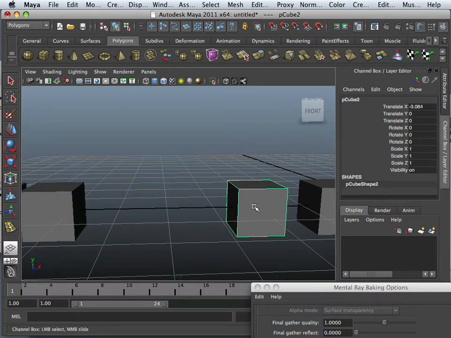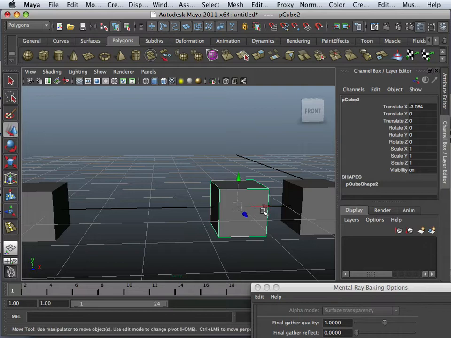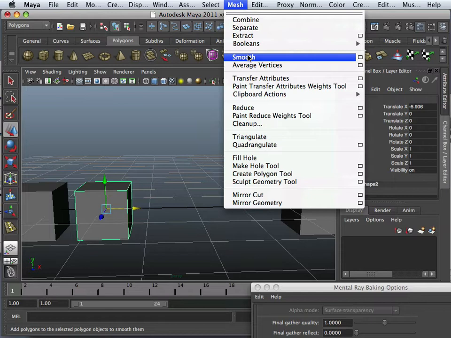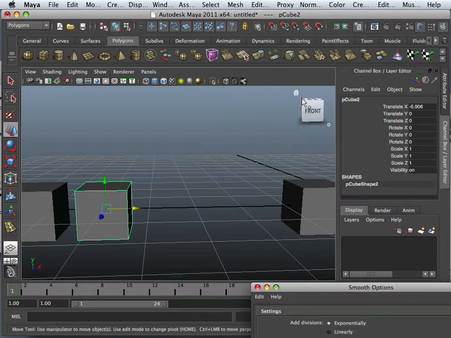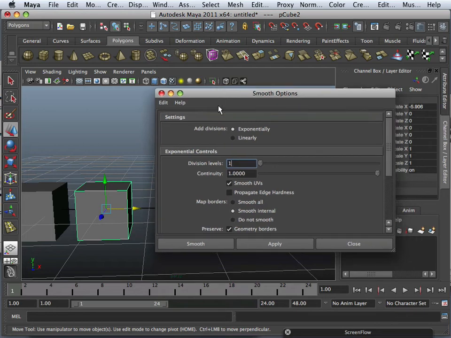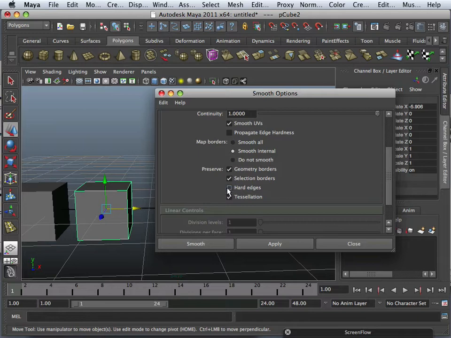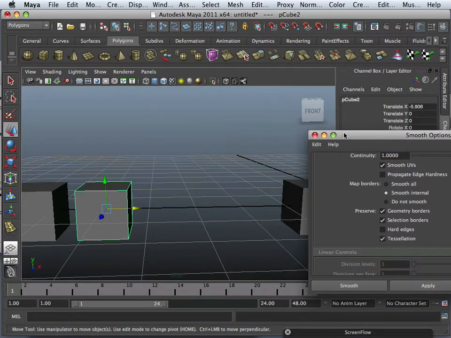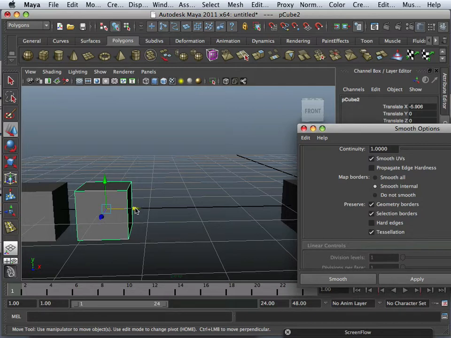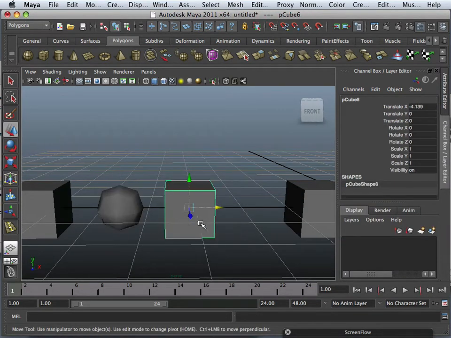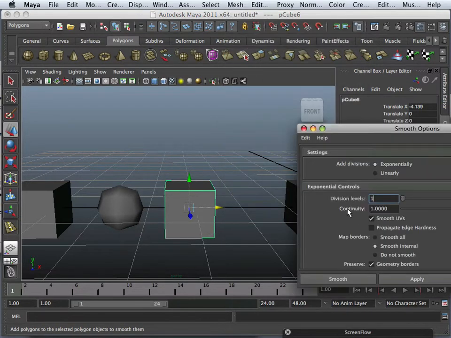Alright, next, the sphere. A sphere is very easy to create in Maya. Out of a box, all you have to do is go to mesh smooth. What's really interesting about the smooth is that under the options, I have the ability to say hard edges or soft edges. Here's the difference between those two. If I duplicate this using Command D, I can go in here and just smooth it out and it becomes a ball. And this one, if I go back into those options and choose hard edges,